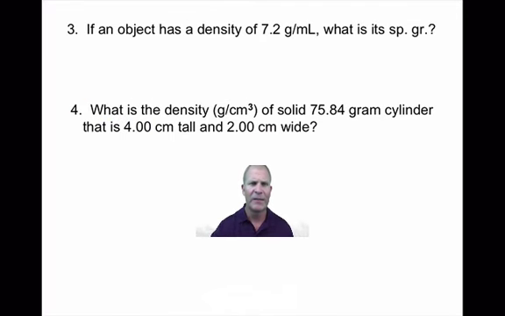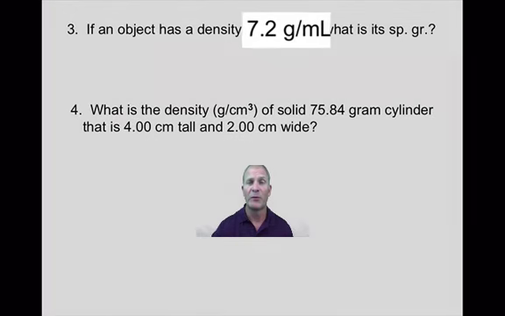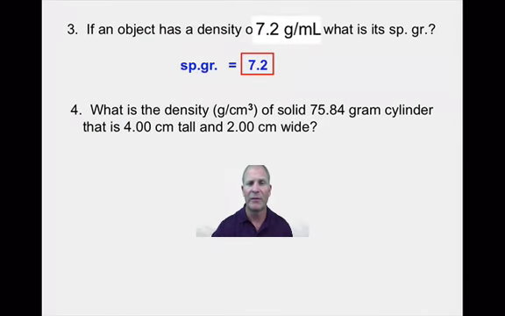The next one, number 3, says an object has a density of 7.2 grams per milliliter. When we know specific gravity, we'll just take the units off. We see units on, density; units off, specific gravity. Number 4: what is the density in grams per centimeter cubed of a solid